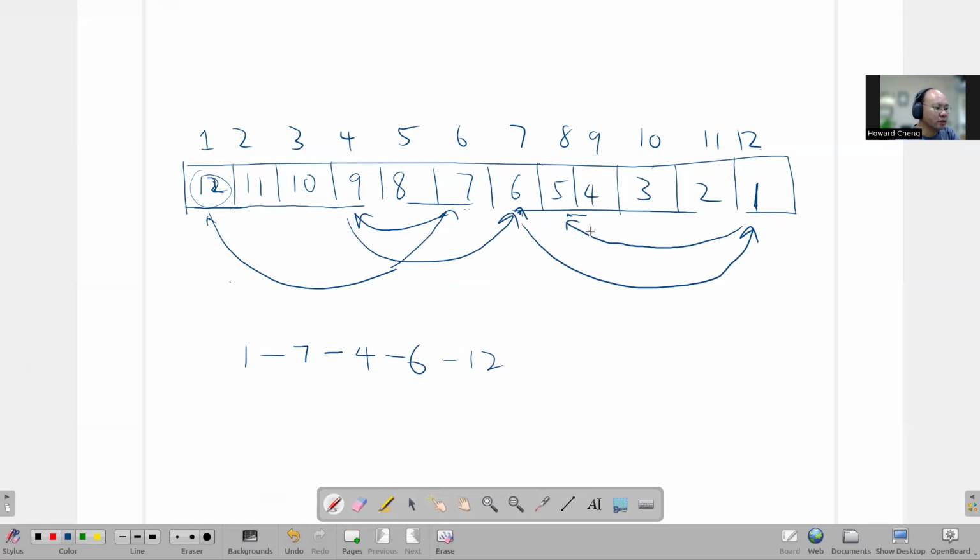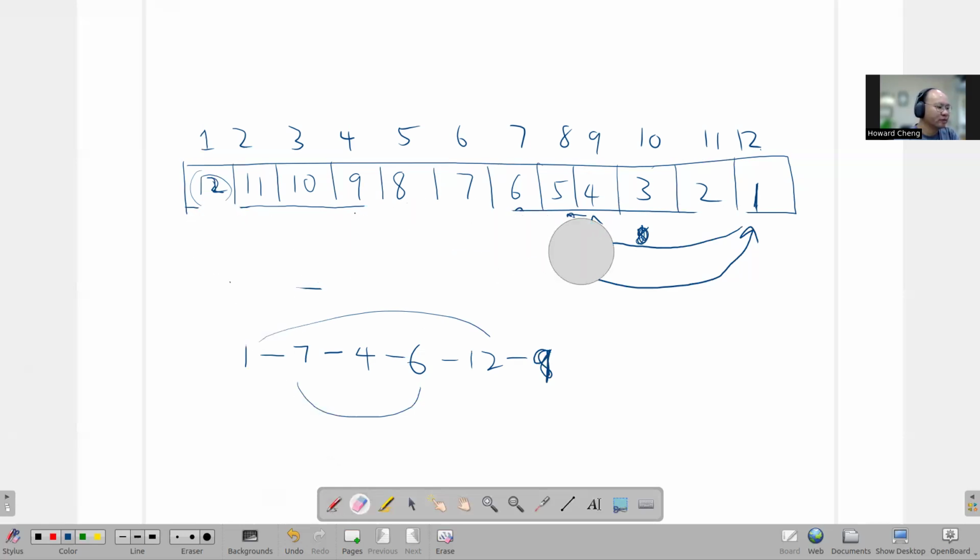Does this work? To 8. That doesn't work. Hang on. 6 and 7 are okay. Not to 8, to 9. That's okay. So I have a path from 1 to 7, 4, 6, 12, and 9, like this. So I can swap 1 and 7, I can swap 4 and 6, I can swap 12 and 9. Now I have to be a little bit careful,